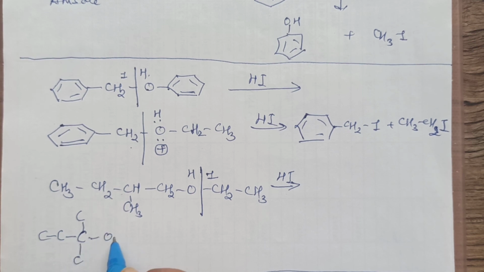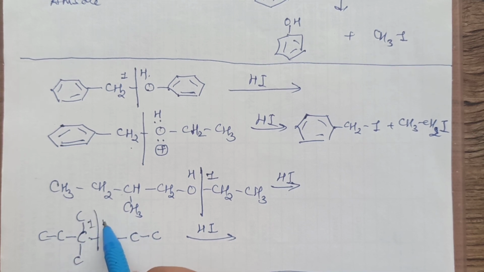Suppose you have it like this. If this is treated with HI, in this case you have to see this side is tertiary. Tertiary means it will prefer this side getting I. That also we have discussed. Again it is forming a stable carbocation. Right? So please watch from the beginning. Repeat it. Write on your own. See whether you have followed or not.